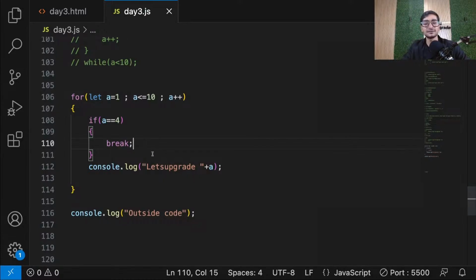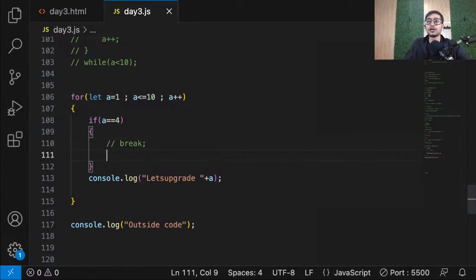Guys, are we clear with this? So you can use a break to break the loop. Let's say you have mentioned some condition which will end the loop at some point of time. We don't know when. But break can be used to instantly break the loop whenever you want. Okay. Now guys, just like break, you also have one more keyword which you can use inside a loop,